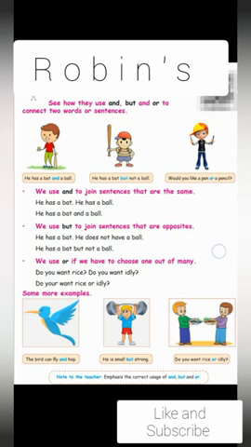We use or if we have to choose one out of many. You have got a choice. Two choices are in front of you. You have to make only one selection. So for that we have to use or. Do you want rice? Do you want idli? To avoid repetition of the same question, we use or. So here, see, do you want rice or idli?